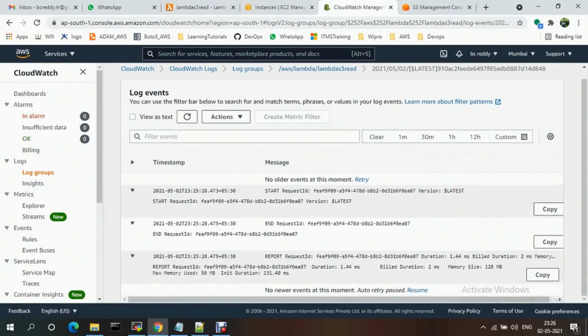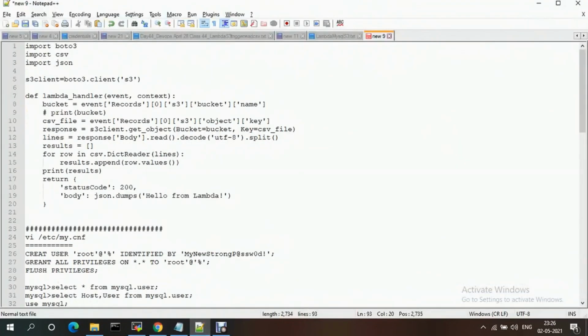So we are getting some empty data, so I just wanted to update the code according to my requirement. Okay, import JSON, Boto3. See, I'm just using the S3 client. So this is the client and I'm defining the function. Okay, and bucket and CSV file. So this is the file name. Under CSV file we are just keeping the object. Okay, and the rest, this response is client. And under response I am using the dictionary function, and I am reading the lines.